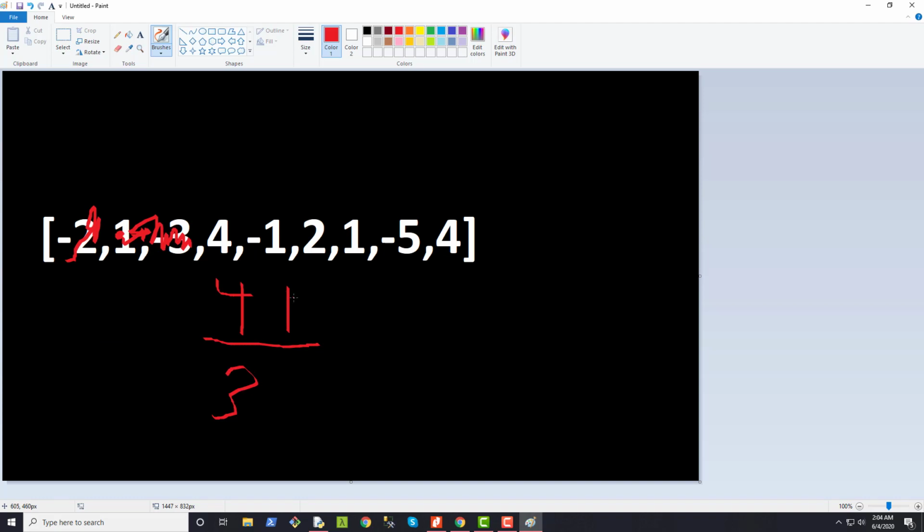But we want to check to see what else we're going to get afterward, and we're going to get 2. So if we add 2 to 3, we get 5, and 5 is larger than our current sum, the larger value so far. So we update that to be 5, and then we continue on, and then the next value is 1. So we obviously want to add that to update our current value to get 6. 5 plus 1 equals 6, and then we continue on, and then the next one is